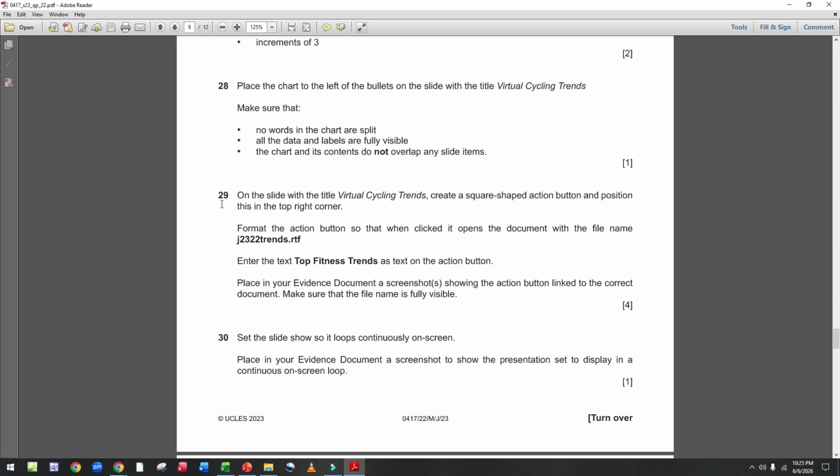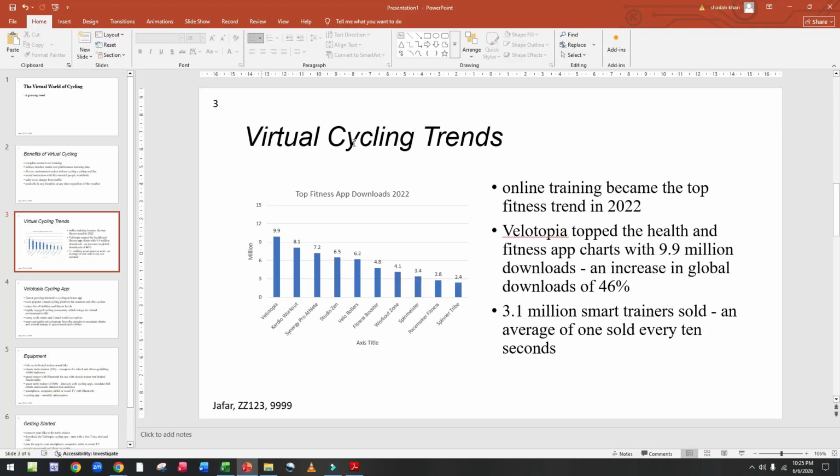Now we come to step 29. On the slide with the title Virtual Cycling Trends, create a square shape action button and position this in the top right corner. Now we create a square box.